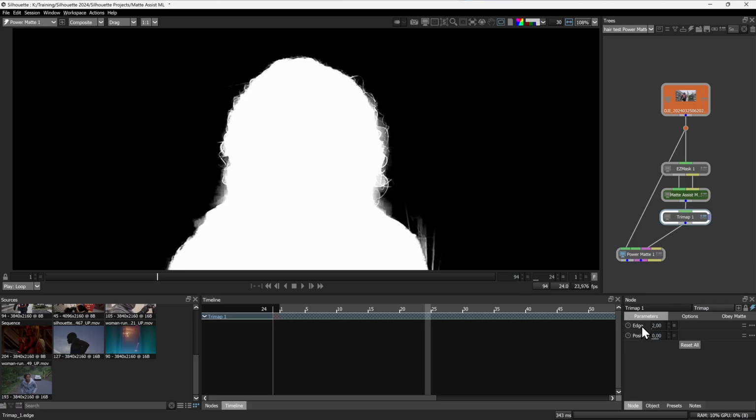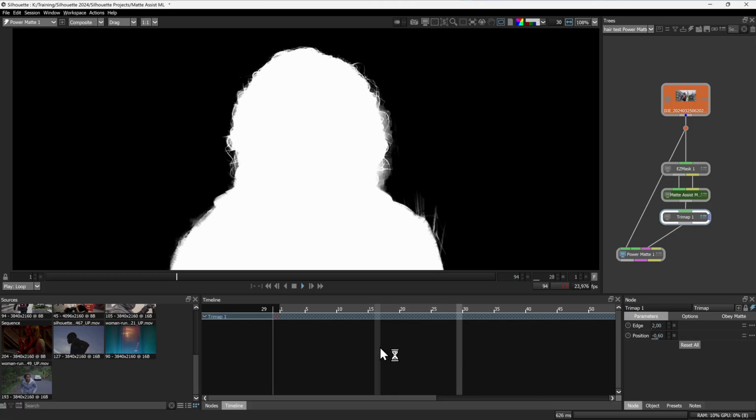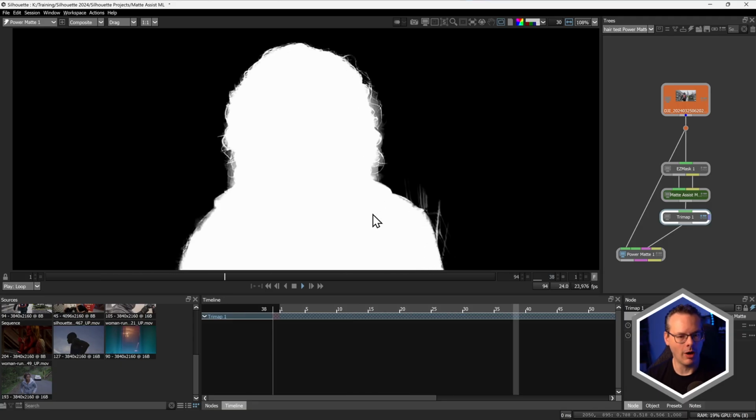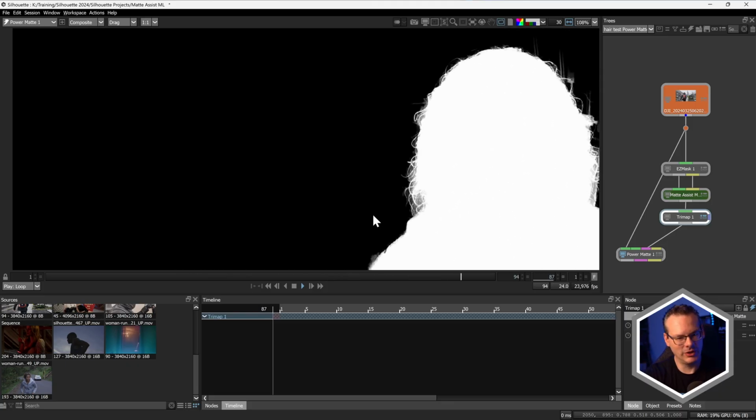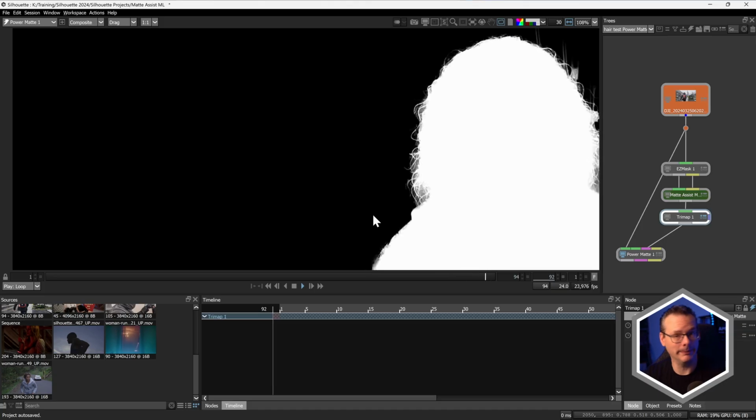Maybe take the edge out a little bit and just eat the position in a little bit there, and we end up with something that looks a little bit more hairy. And we can sort of play around with those parameters until we find the right sort of balance, depending on how big the hair is, how hairy the hair is. There we go, and we've got a bit more detail in the hair. We've got some other stuff happening down there, but it's actually a pretty good starting point.